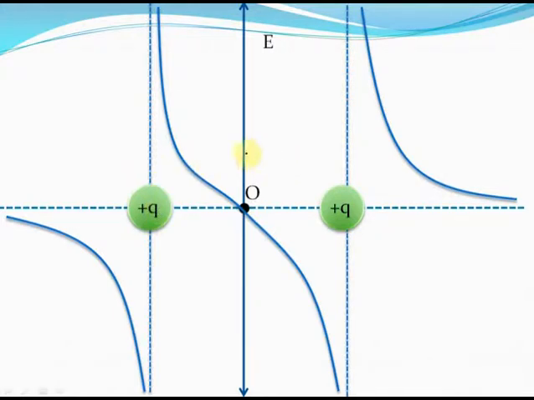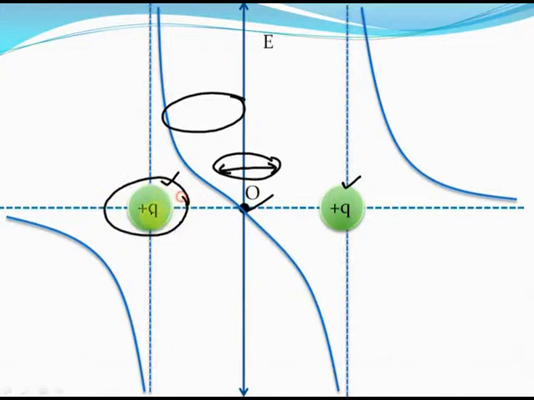So the electric field due to this charge here will be like this, and the electric field due to this charge here will be like this, and these electric fields will cancel each other at this origin. As you can see, the electric field is positive in the negative x direction here, isn't it? That's because in this region, near this plus q charge on the left, the field due to this plus q charge predominates, and the field due to this plus q charge is towards the right, which is the positive x direction. That is the reason that the electric field is positive as we move towards this plus q charge on the left.